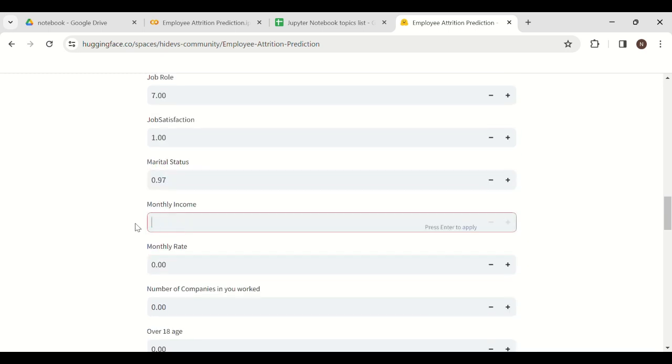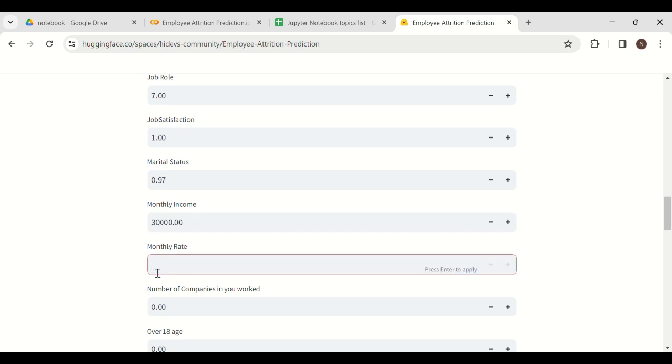What is the monthly income? The monthly rate is